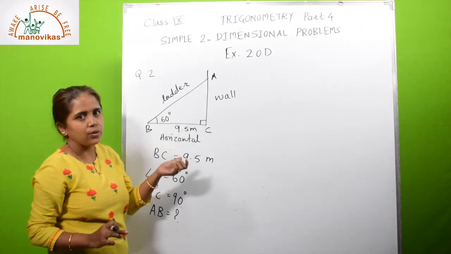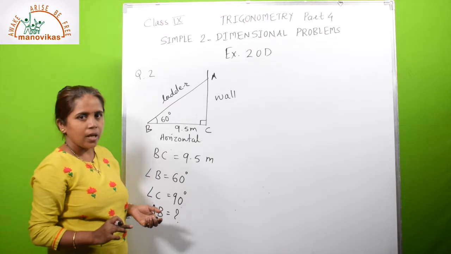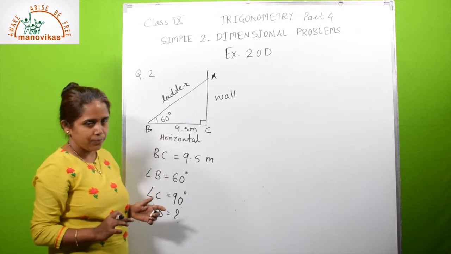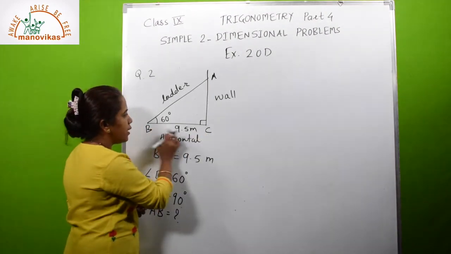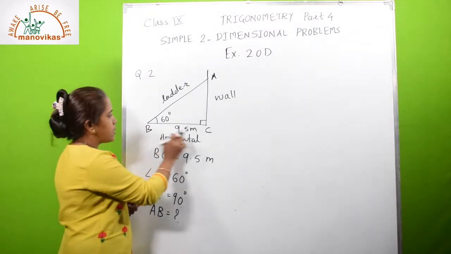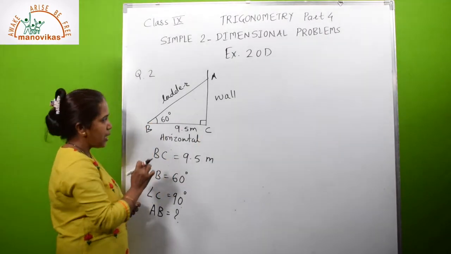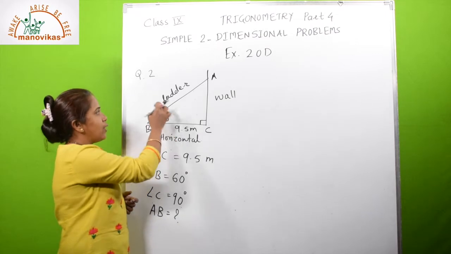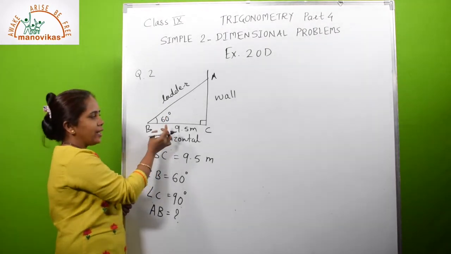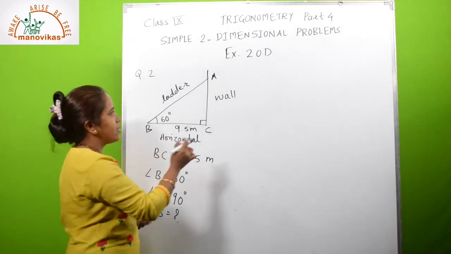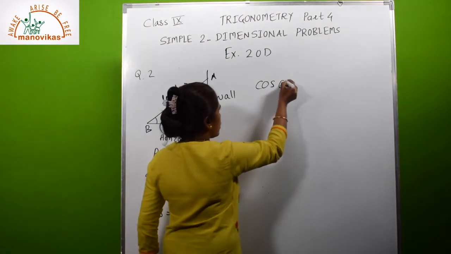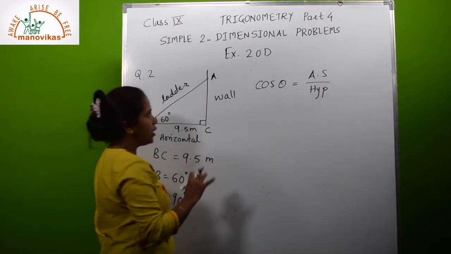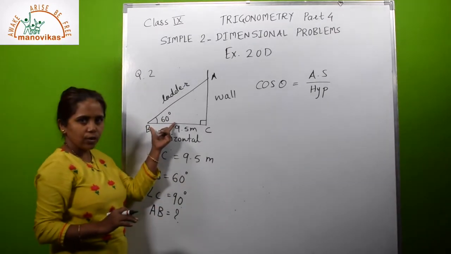So what do we have to use? We have to use the trigonometrical ratios. Now which trigonometrical ratio do we have to use? That also we have to see using the given condition. Angle B is given and BC length is given. BC is adjacent to angle B, and AB is the hypotenuse. So when the adjacent side is given, we have to find the hypotenuse. Which ratio is related to the adjacent side and hypotenuse? That is nothing but cos theta. Cos theta is adjacent side upon hypotenuse. So here we have to use the cos ratio for this angle B.